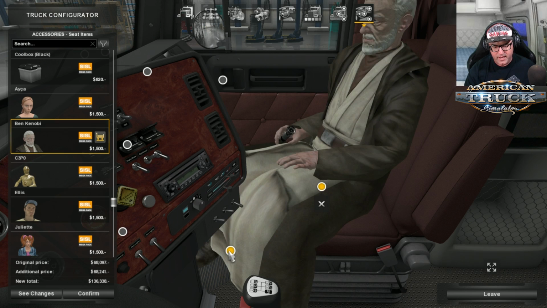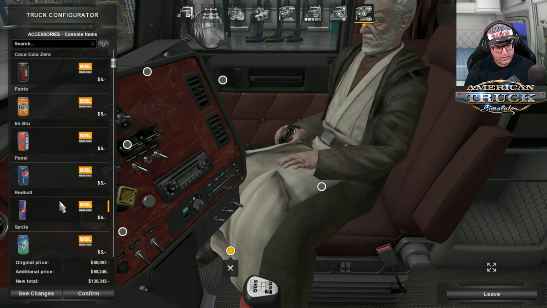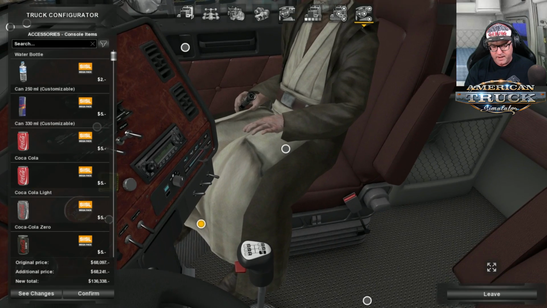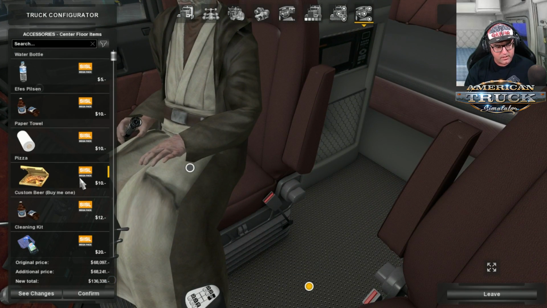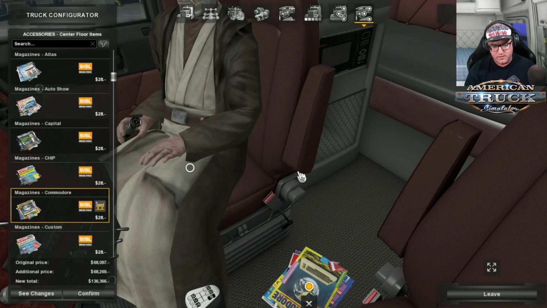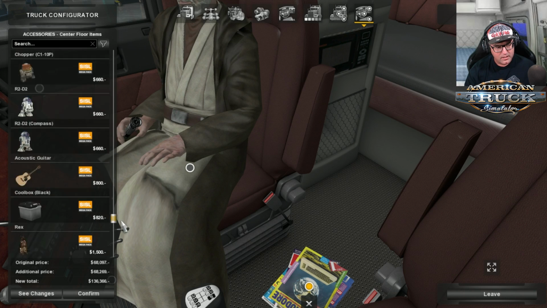And then down there, what do we got there? You can have your console item, so you can put whatever you want down there. But Ben's sitting on it, so you can't see it. So if you want to have that there rather than Ben, you can. Down the bottom is one dot that you just could miss quite easy. I'm just going to chuck some magazines on there. Can we be stupid and chuck another passenger in there? No. But we can have